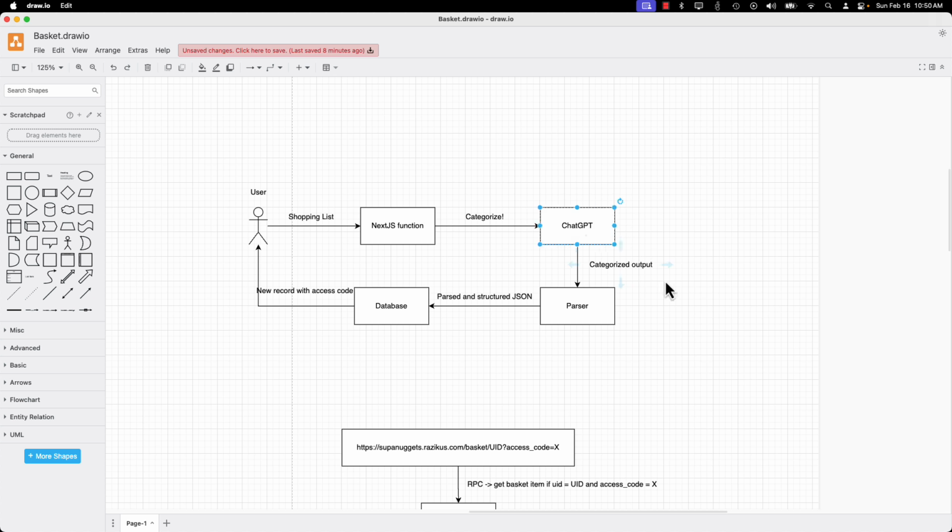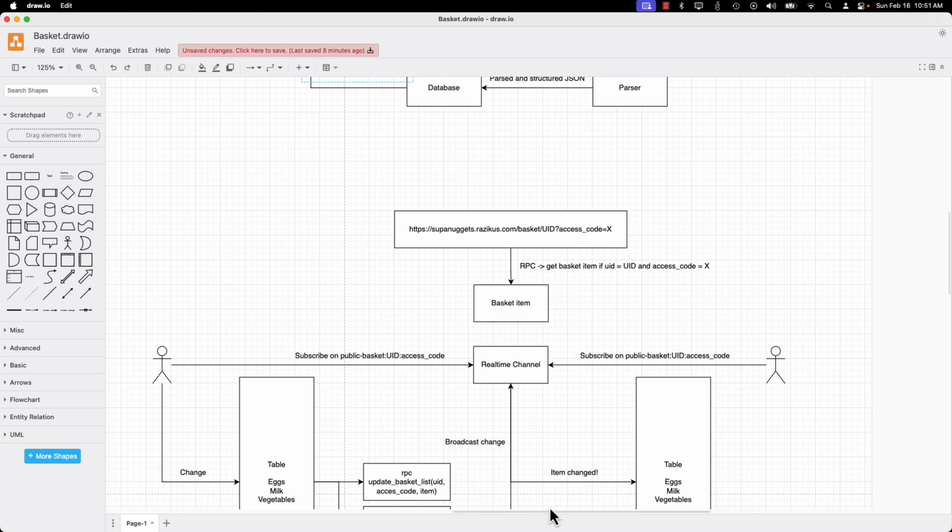Then ChatGPT returns the categorized output. We are parsing it additionally. Then we are saving that into the database. And the database returns the new record with access code. This is important because this access code and UID of the record will be later used to authenticate on the real-time table. So then the user goes into the link that has the UID of the record and the access code